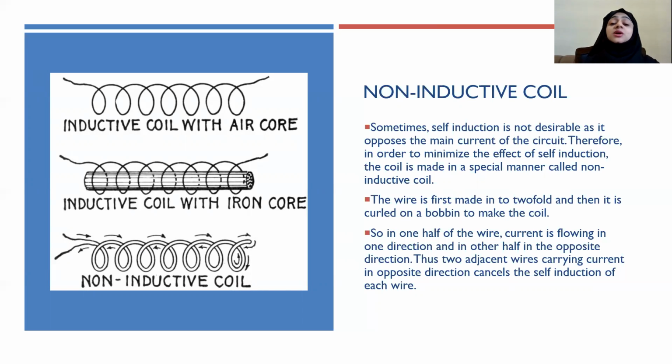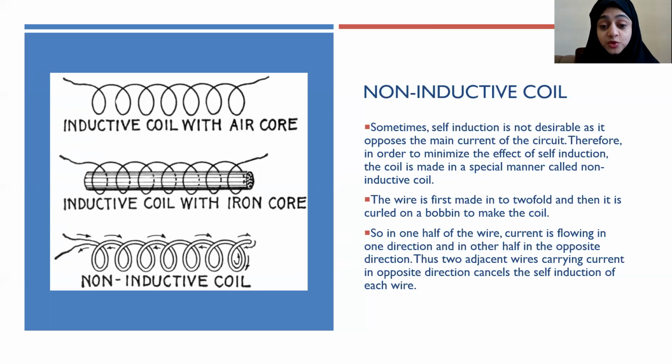Suppose we need in a circuit a 4 ampere current. Now, due to self-inductance in a coil of wire, what happens? EMF is developed opposite to the applied current, and what happens? It opposes the applied current. So a small back current is developed, say 1 ampere. So what will be the resultant current we get in the circuit? It will be 4 ampere minus 1 ampere because 1 ampere is in a direction opposite to this 4 ampere. So self-induction is sometimes not